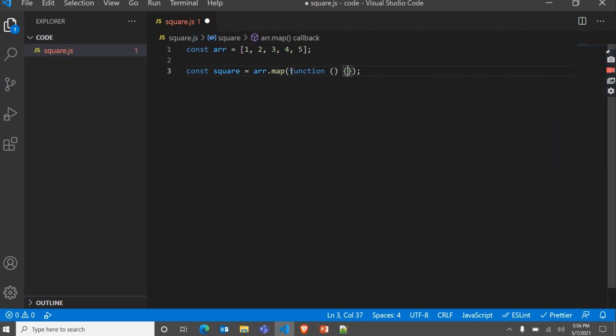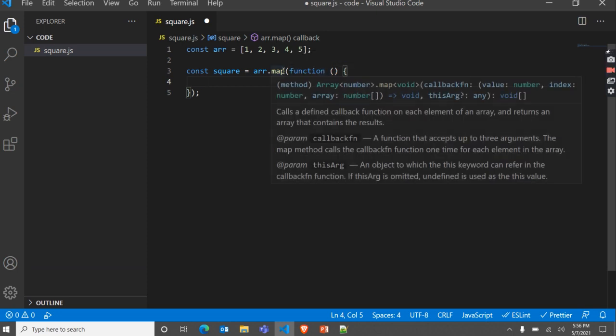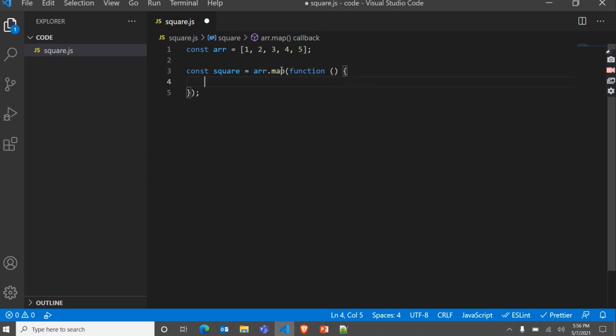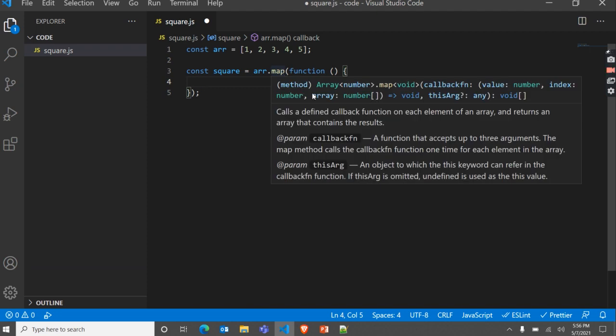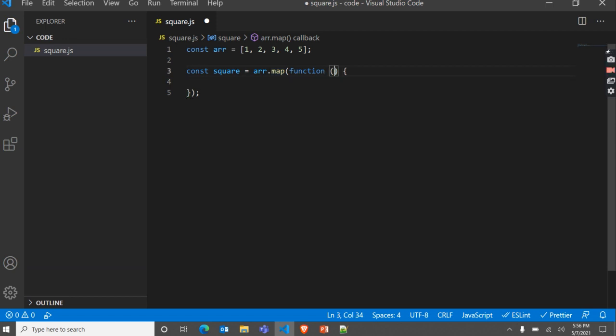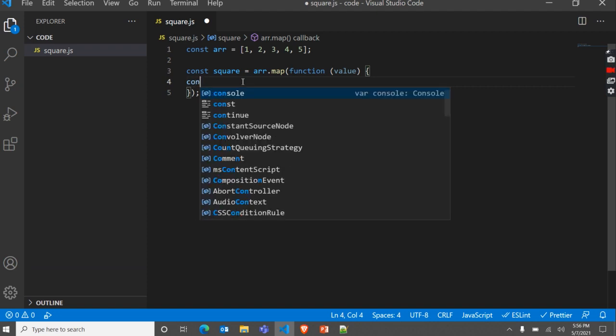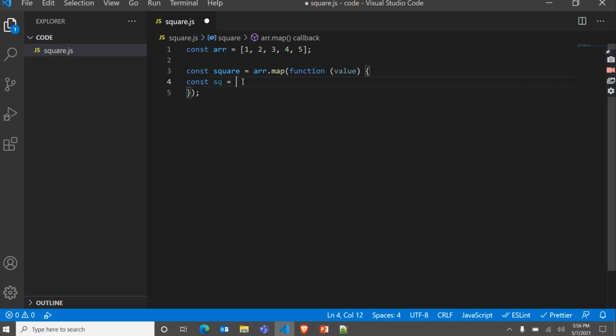Function and function body, and this callback function also accepts three parameters. See here, let me show you: value, index, and array. But what do we want? We want the square of each number, so we only want value here. Let me get this first parameter value, and store this in some variable for debugging.